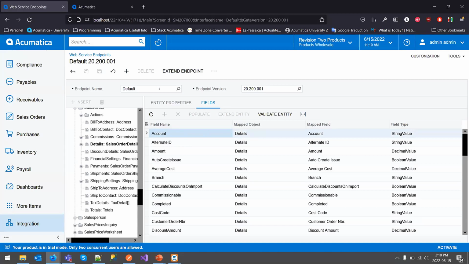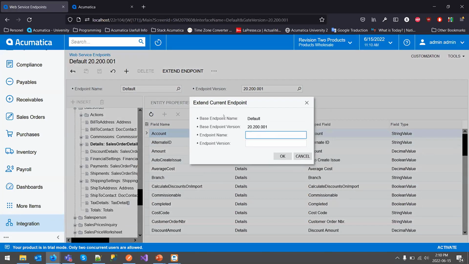This is because this endpoint is provided out of the box by Acumatica, and you're not allowed to modify this endpoint. If you want to add some functionalities to it, add some more fields, add some new screens, you will need to use the extend endpoint button at the top,